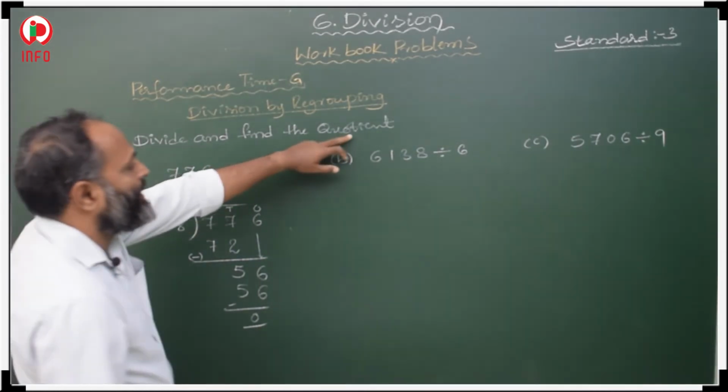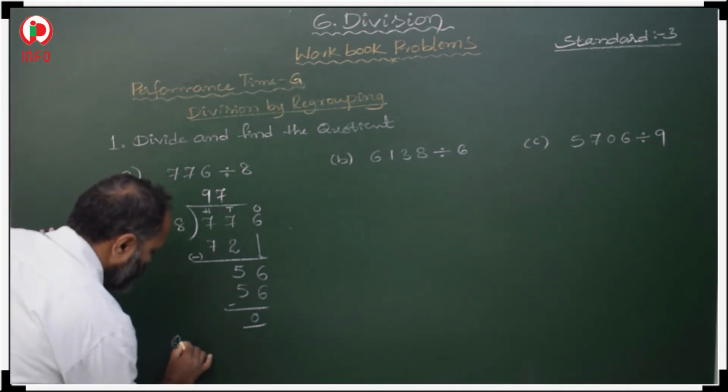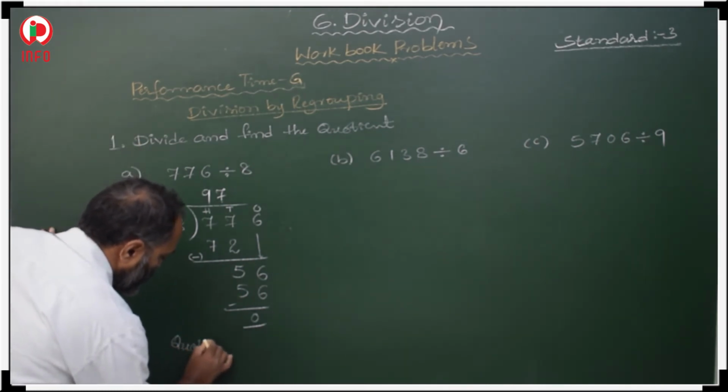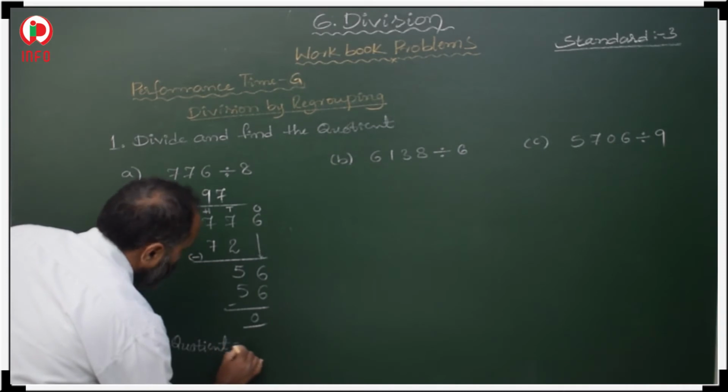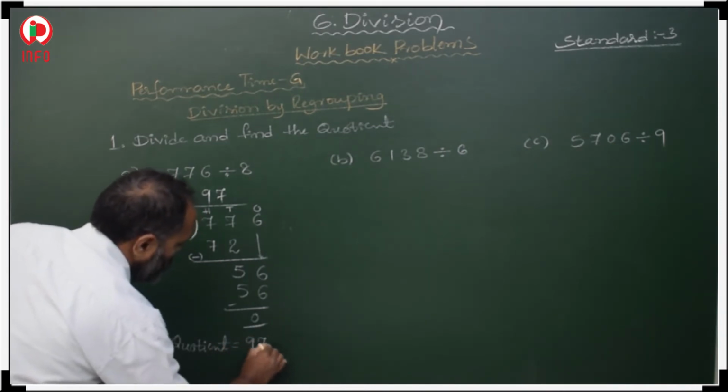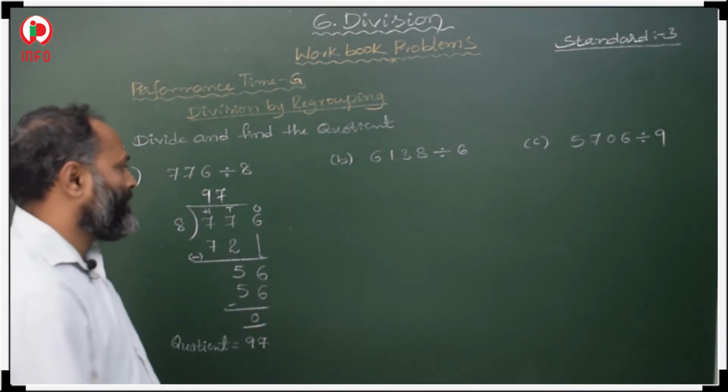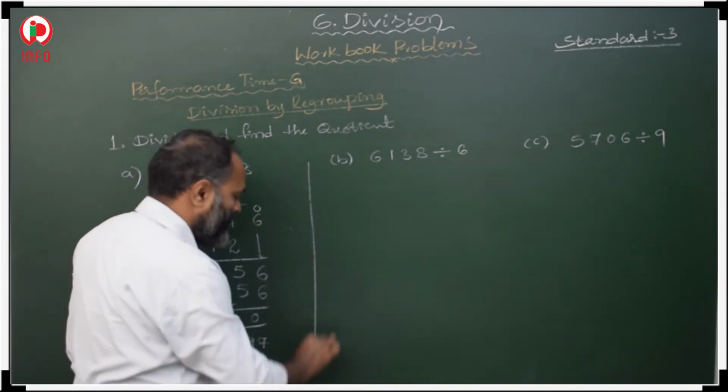So we have to write the quotient. What is your quotient? Your quotient is 97. Remainder is 0. Okay. Next,